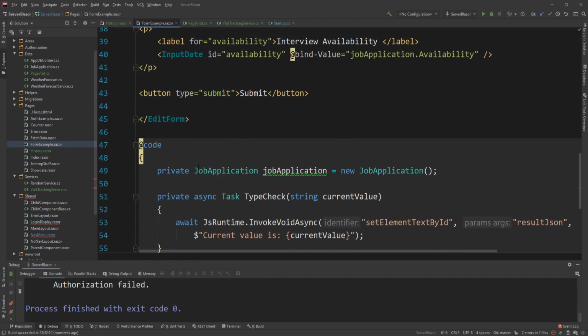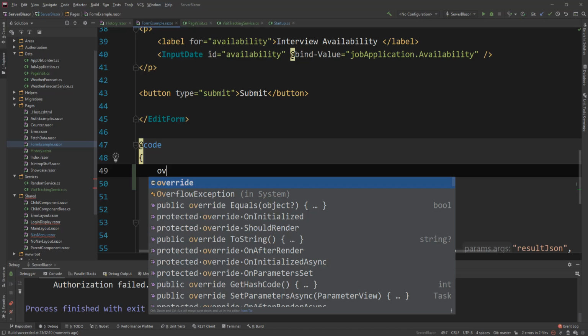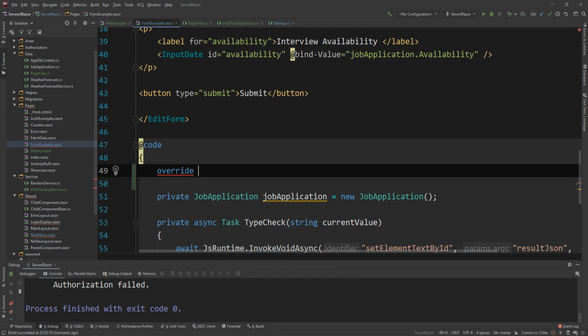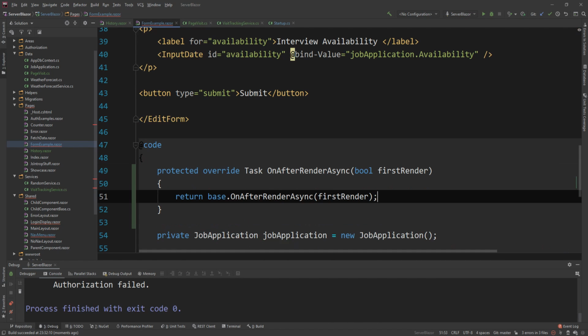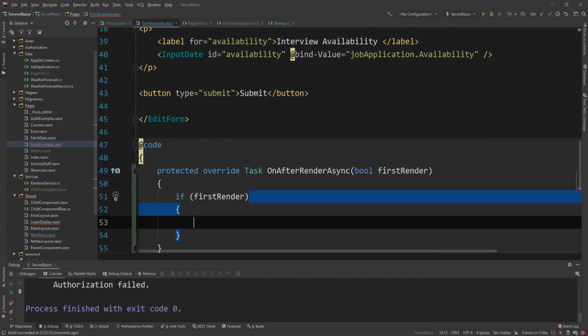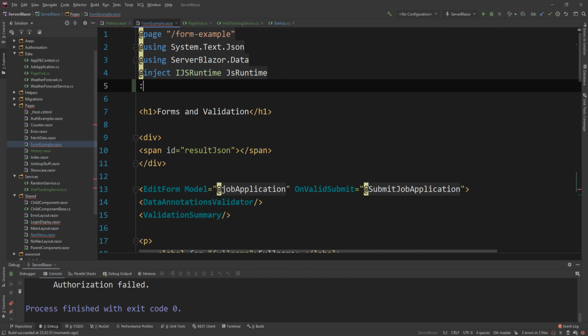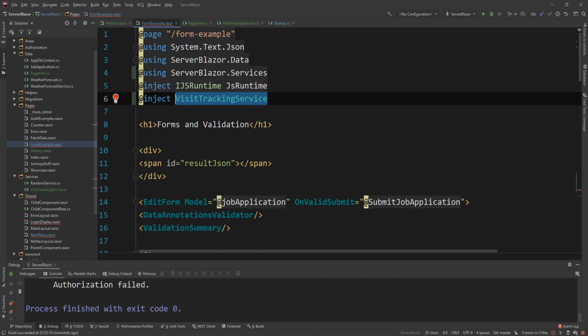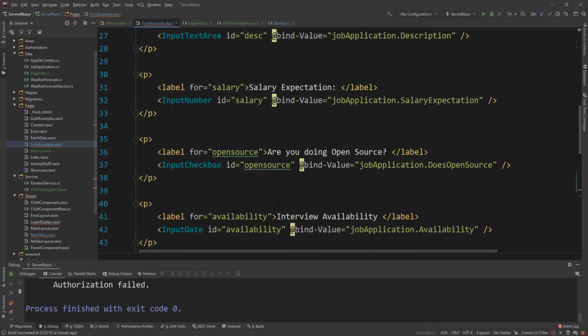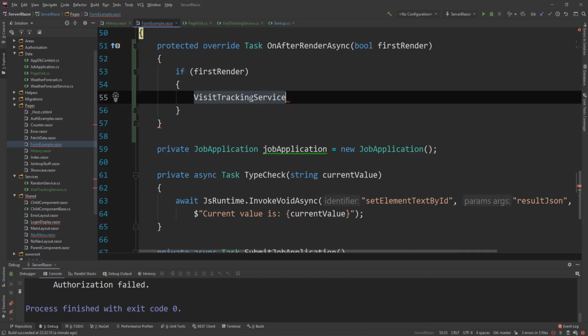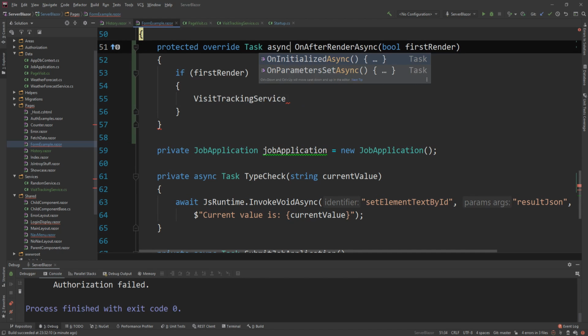And that's it, just to keep this video shorter. So I'm going to say override OnAfterRenderAsync, and if first render, then I'm going to inject here the visit tracking service. I'm going to use the same name. And what I'm going to do in that method, of course, I have to change it to async